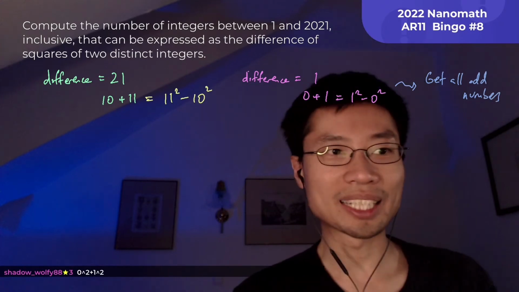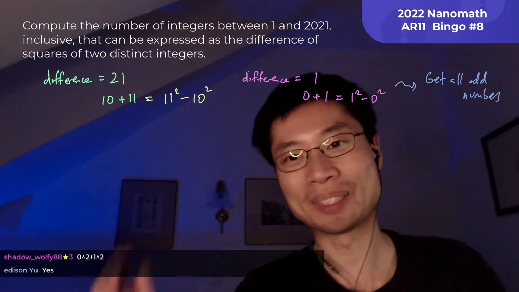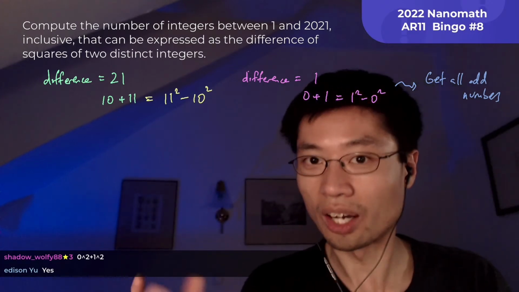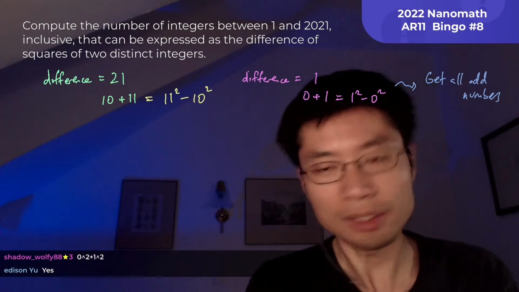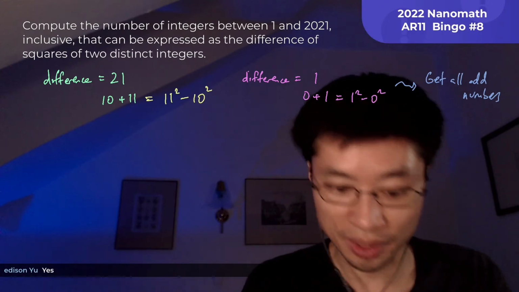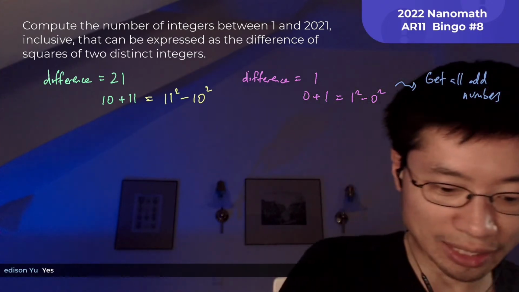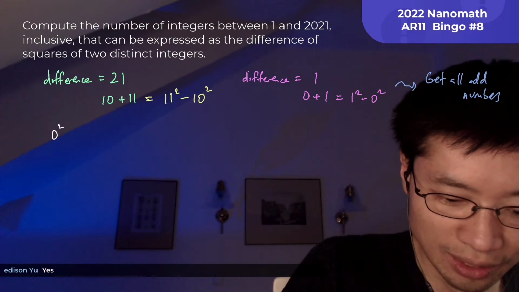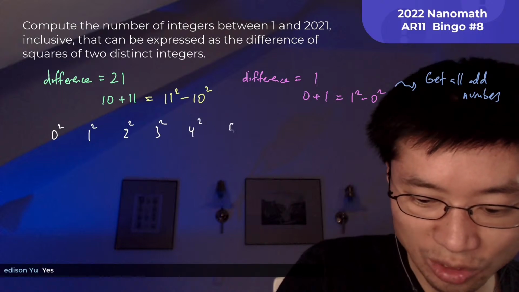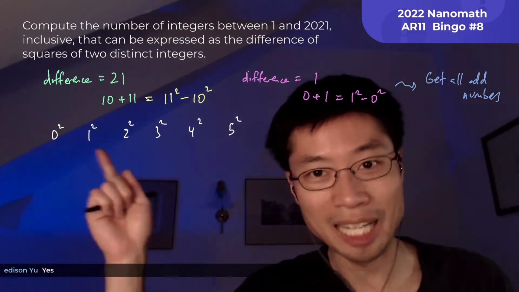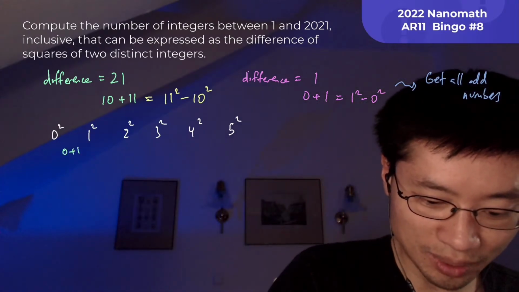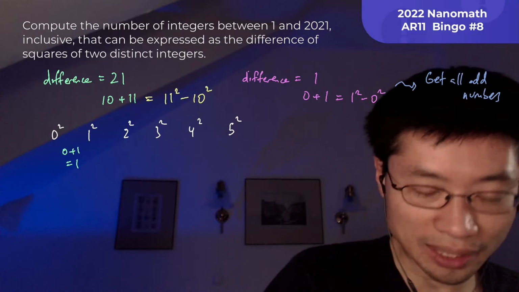Okay, well, at that point I'm inclined at first to say, I must be done, that must be it. But no, because there are also ways to get differences of squares that aren't odd, right? And once you think about this, the gaps between consecutive squares are actually consecutive odd numbers. That's a very useful fact to know. If I'm going from 0 squared to 1 squared to 2 squared to 3 squared to 4 squared and so on, 5 squared, can anyone tell me what these gaps between them are? The gap between 0 squared and 1 squared is 0 plus 1, which is equal to 1. The gap between 1 squared and 2 squared